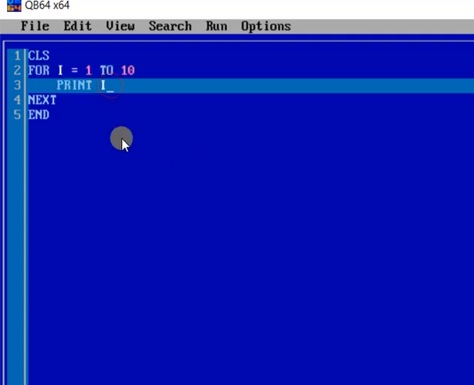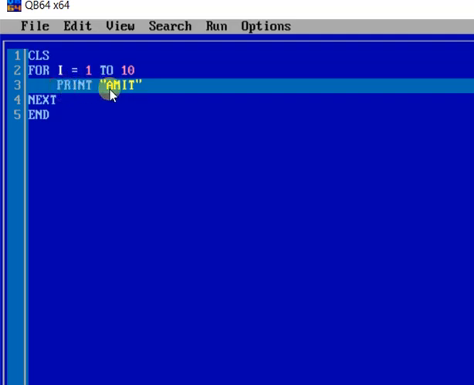Now instead of this loop variable, if I use anything else, like a name I have used, this is an alphanumeric constant. So now we are not printing the value of the loop variable, we are printing an alphanumeric constant. As the initial value is 1 and the final value is 10, this for statement will repeat the body of the loop 10 times, and in the body of the loop what is printed? Amit, a name, is printed.